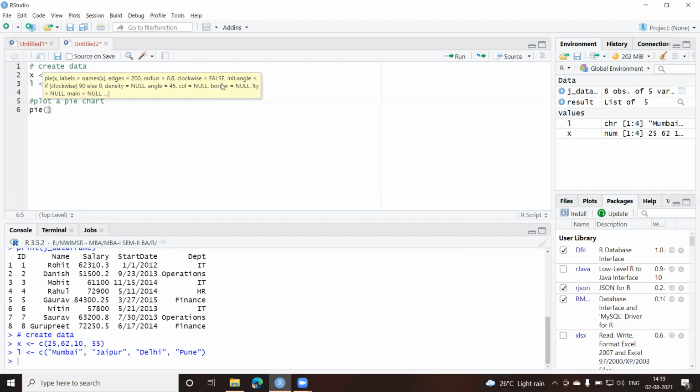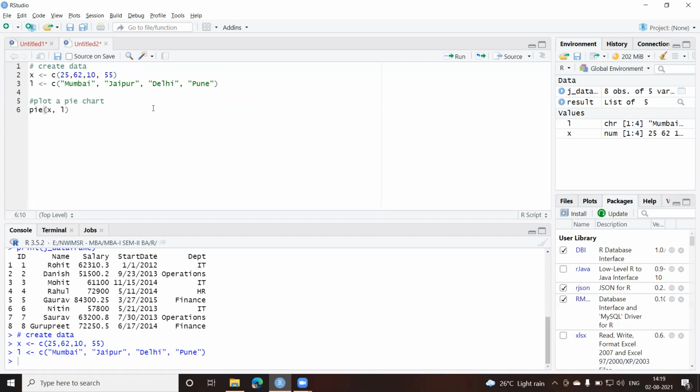Now, because we have only two things, I have to pass the values and the labels. Right now, I have created two vectors, so x comma l. That's more than enough for me to create a pie chart. That easy it is. So let us run this one. The two parameters which we have given: the first parameter is x, which is nothing but a vector containing numerical values that has to be used in the pie chart. And the second parameter which we have given, l, is nothing but your labels, which is used to give the description to the slices.